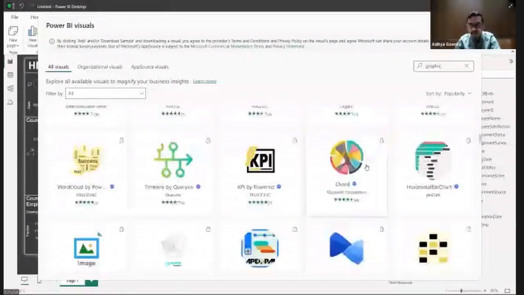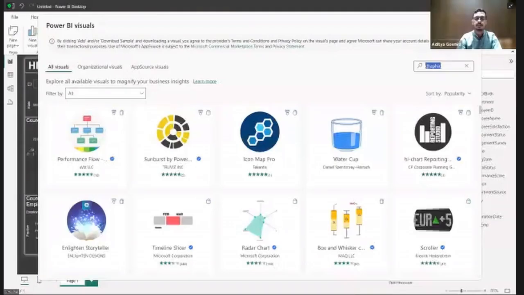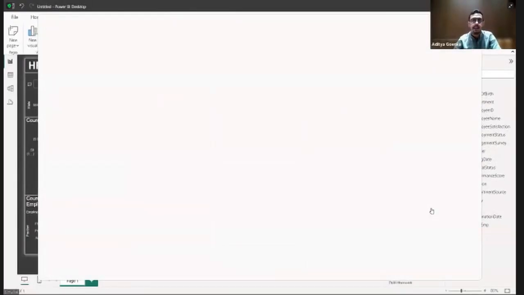Let's see, this should be informational. Here it is: Infographic designer. You can go ahead and choose this.